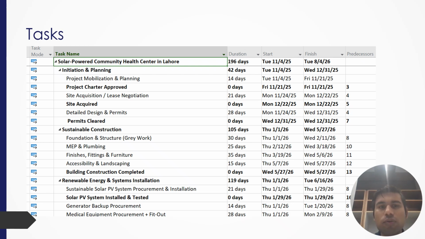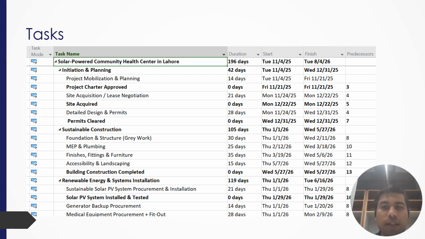This is followed by the sustainable construction phase, covering the structural, mechanical, electrical and plumbing, landscaping, with the building completion by May 2026. In parallel, the renewable energy system installation phase includes the solar photovoltaic installation, backup system, and